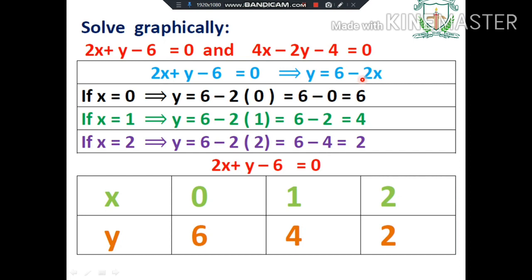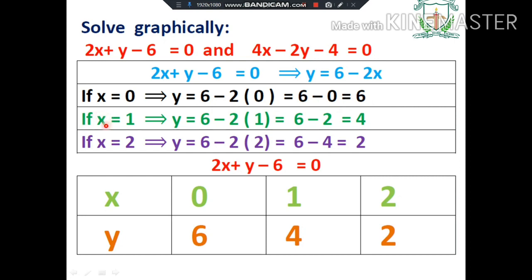Now you know, last day you have learned, we have to give different values for x and obtain the value of y. Dear children, now first value, let us consider x is equal to 0. So in this equation, you substitute x is equal to 0. Right here y is equal to 6 minus 2 into x. 2 into x means we have taken x as 0. 6 right as it is. Minus 2 into 0 is 0. So now 6 minus 0 is 6.